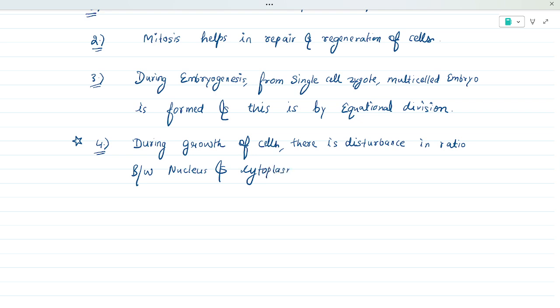As firstly, nucleus size increases and cytoplasm is unable to accommodate that large nucleus. That's why nucleus starts karyokinesis. Due to disturbance in nucleus and cytoplasmic ratio,